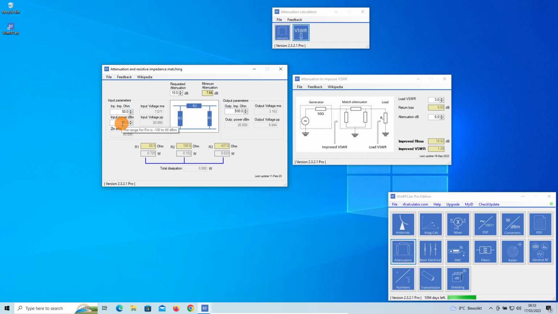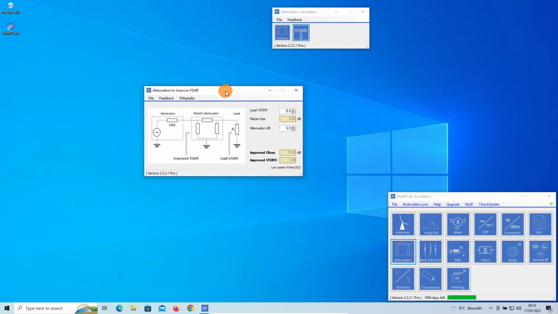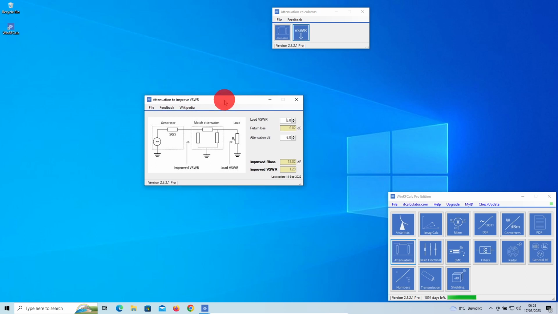So 1 watt minus 100 milliwatts gives you a total dissipation in the attenuator of 900 milliwatts. So this is the exact outcome of this attenuation, and each resistor is indicated here, resistor value and resistor dissipation, so you can select the correct resistor for the application. Now, if you have a bad VSWR, also attenuation can be used to